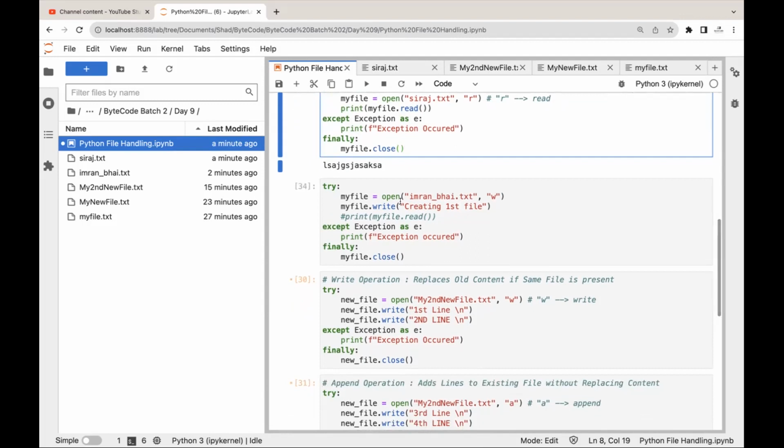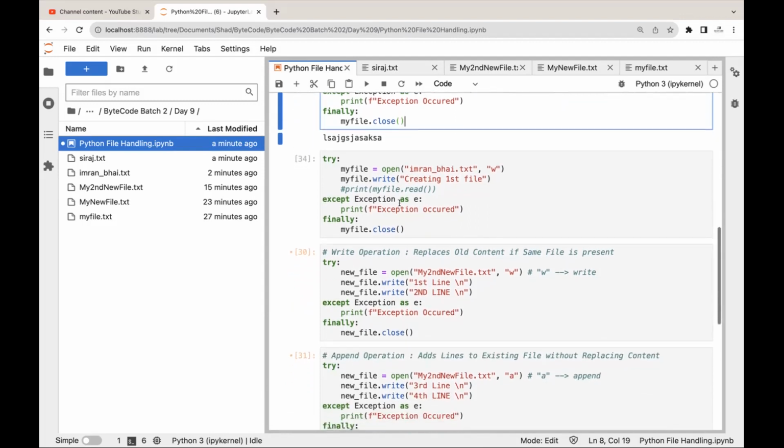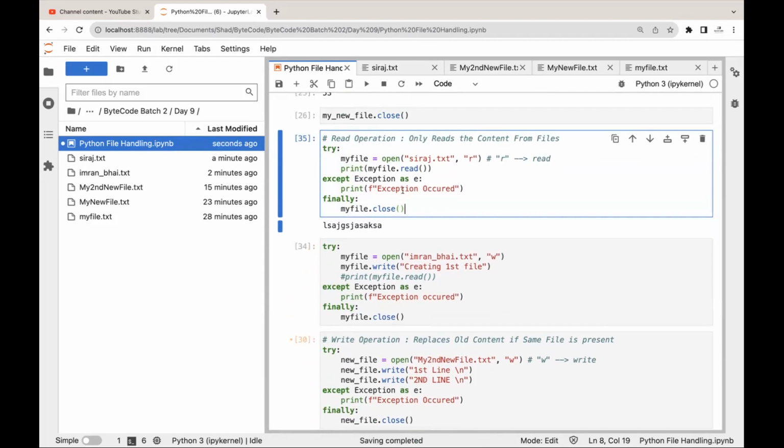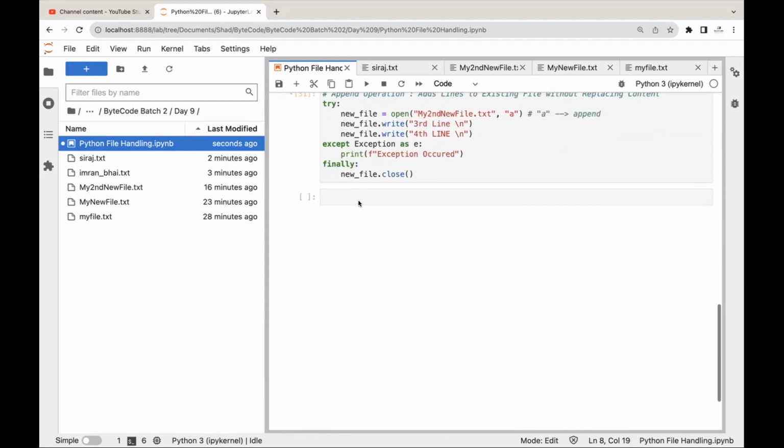By the way, while writing in the file, you can also use a for loop and all. But yeah, we will see about that once you are done with this. Are you guys done with this? Okay, so moving forward,